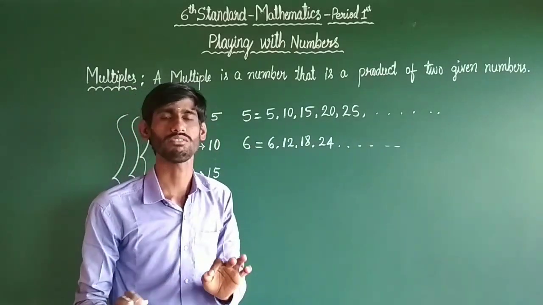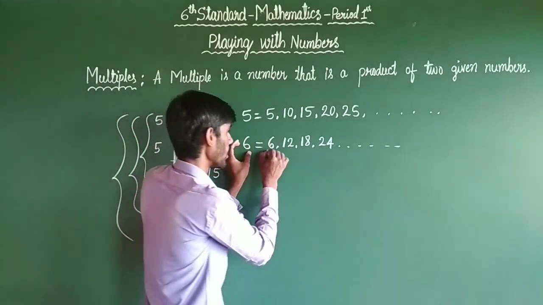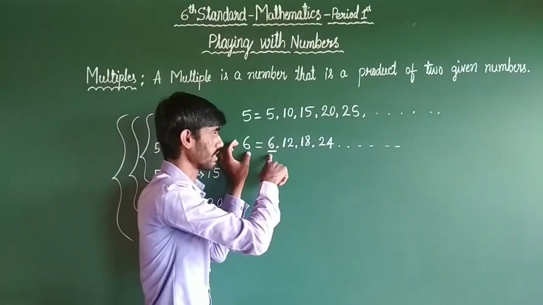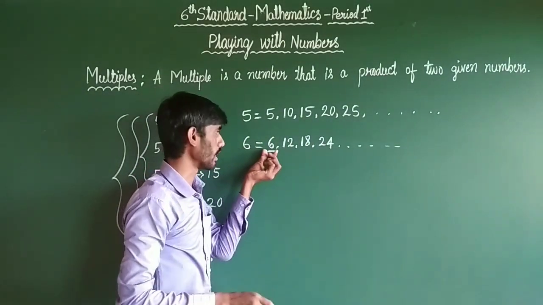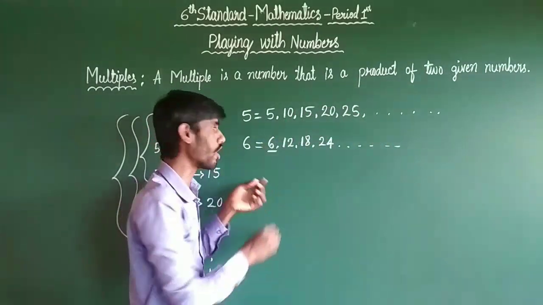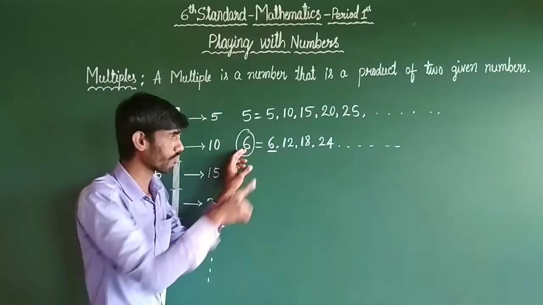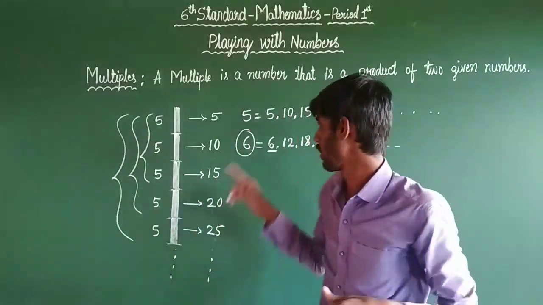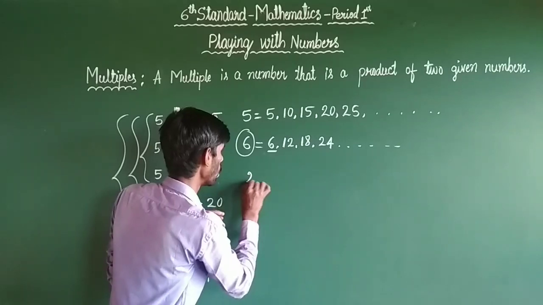And a very important thing is that every number has multiples equal to or greater than itself. The 6 has multiples. In the given multiple set, the 6 has an equal number of multiples and it has a greater number of multiples, not less than. See, the given number is 6. It does not have multiples less than itself, I mean 5, 4, 3, 2. It is not possible.